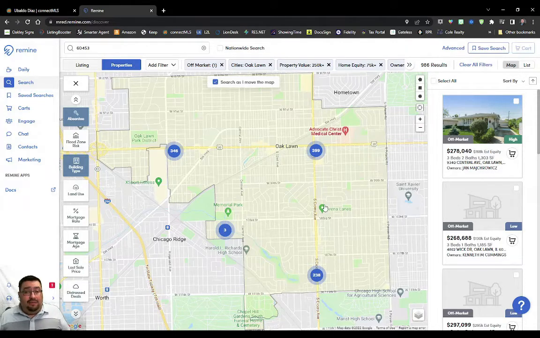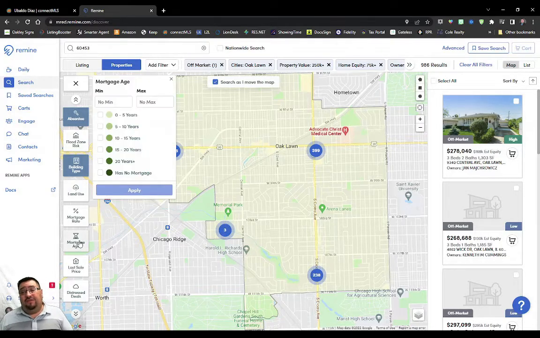And now you're going to tell me, okay, so these are all the filters that you use, Ubaldo. What are we going to do now? Well, there's one more filter I like to use. It's a newer filter, based on public record, and it's the mortgage age filter. It's going to tell us how long they had that mortgage. For example, if that person has lived in their house for 11 or more years and has equity of $75,000 or more,